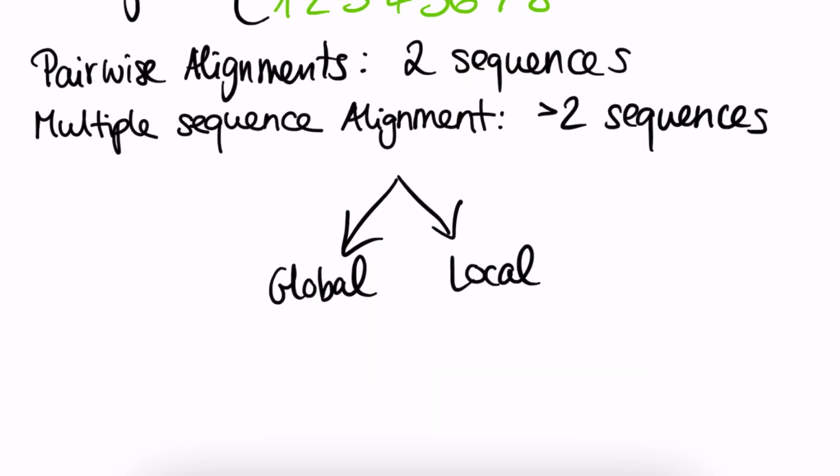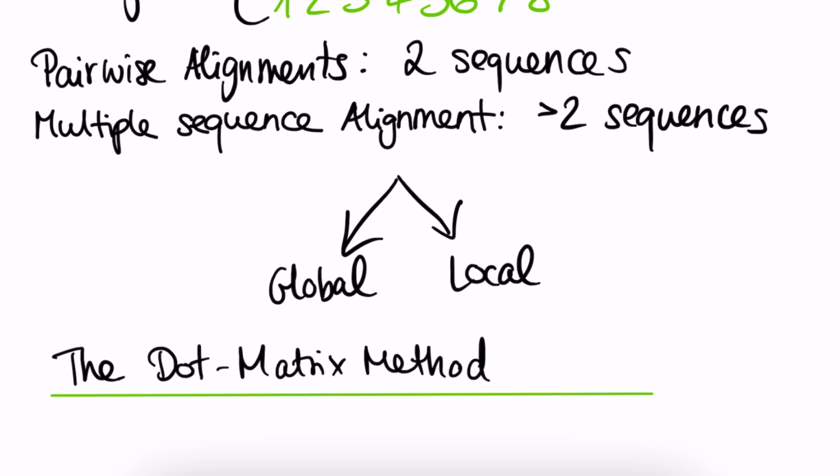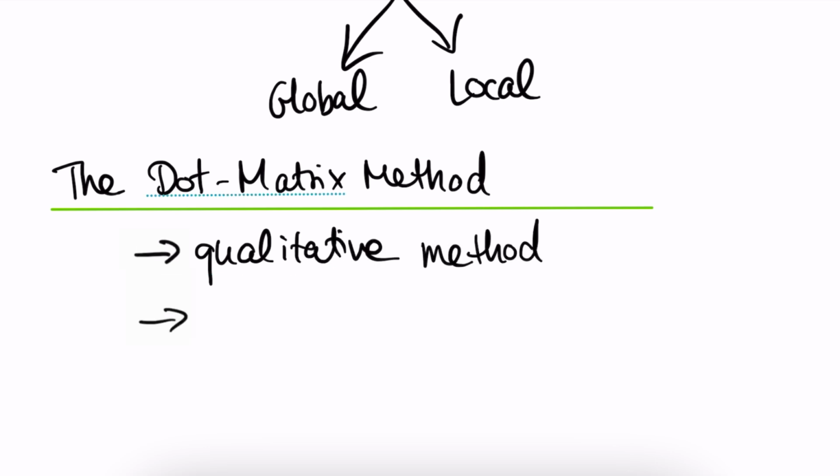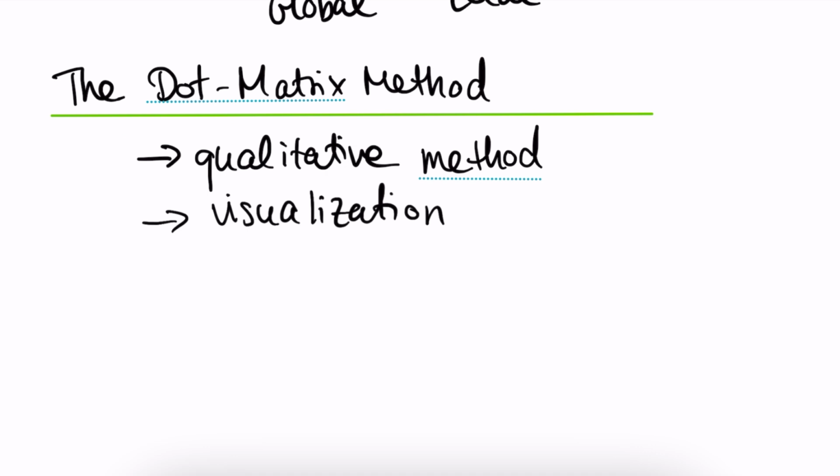In this video, I will discuss a simple method that helps you visualize possible alignments, called the dot matrix method. Let's say you're just getting started with your analysis of the cat and the lion genome, and you have two short sequences, maybe of a particular protein. Now you want to get an intuitive understanding and visualize the similarity of these two sequences. Knowing how to use this method would also help us in understanding the more complicated but widely used other methods,